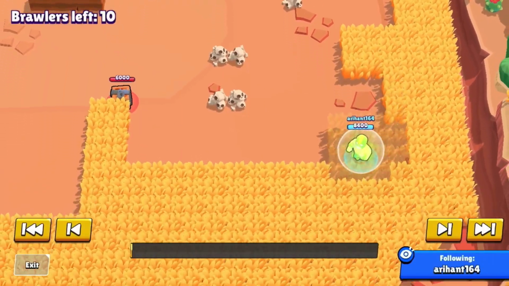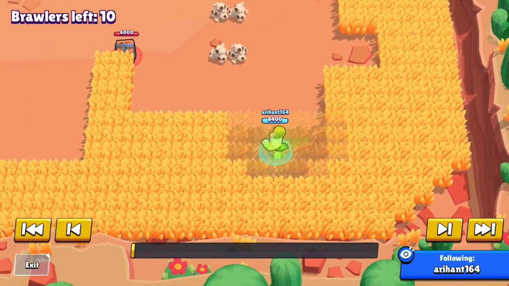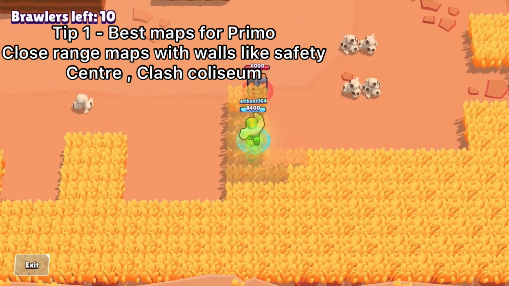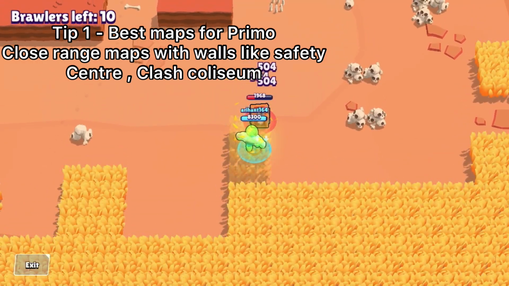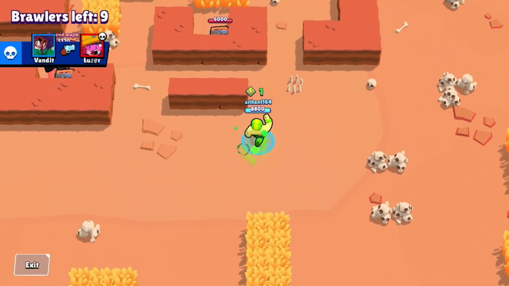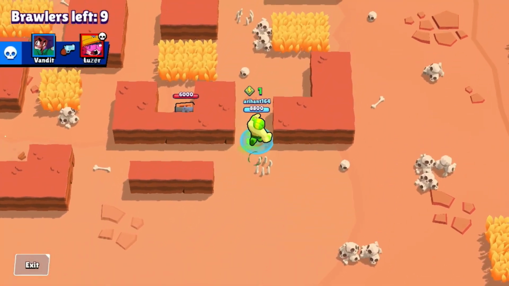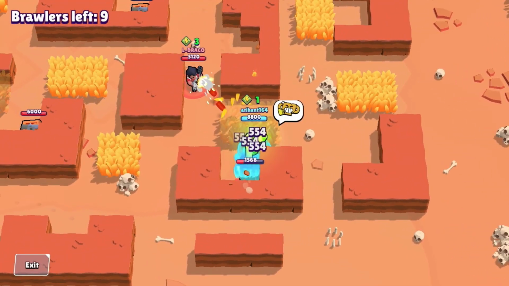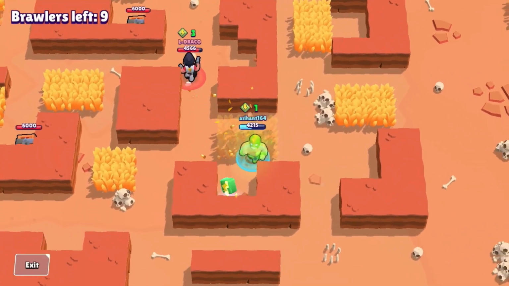So my first tip with El Primo is going to be the maps that you want to play him in, and basically you want to play him in short range maps. You can even play him in medium range maps, and I'm going to show you how to play him specifically in each of these maps. So one of the best maps for El Primo is right here,